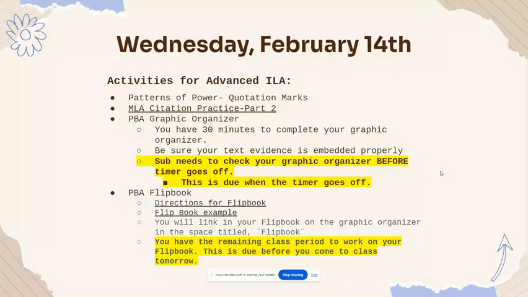So the first thing that we're going to work on is the patterns of power about quotation marks. We started this yesterday, and so we're going to continue to work on that today. So go ahead and pull that out. And let's look at